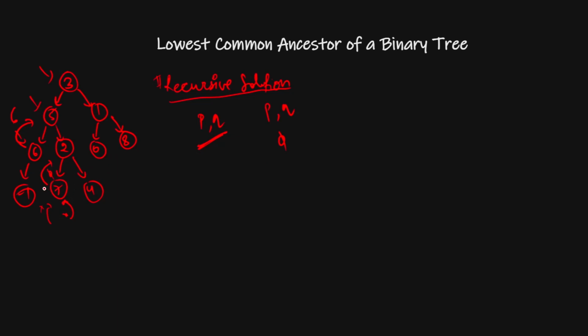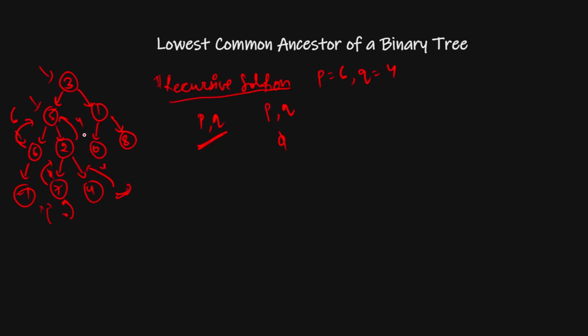So from here we get null, and from here this is 4. What is this 4? 4 is our Q, since our P is 6 and Q is 4. So from here it will return 4. From here this is null, this is 4. If any of them is not null, it means I have 4 here, then I will return the not null part.